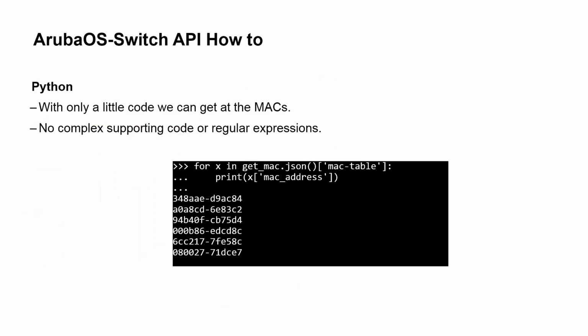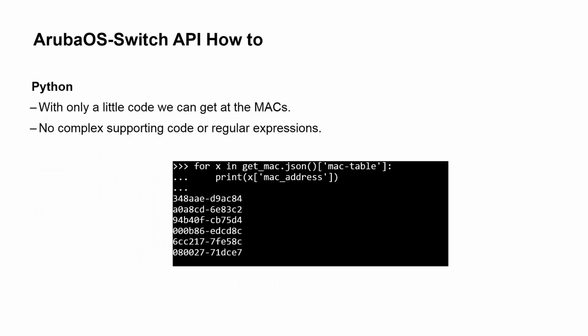And there you can see, with only a little code in this printout here, I've done a for loop over that. Don't worry too much about this. You can see it's two lines to print out. I've taken the information, I've said, give me the MAC table, I've done a for loop over the information that we got back off of the device, focused on the MAC table, and I've said print out the MAC addresses, and there you go, there's your MAC addresses. So you can imagine you can then take those MAC addresses, pass them over to some other code to do some checks on them.